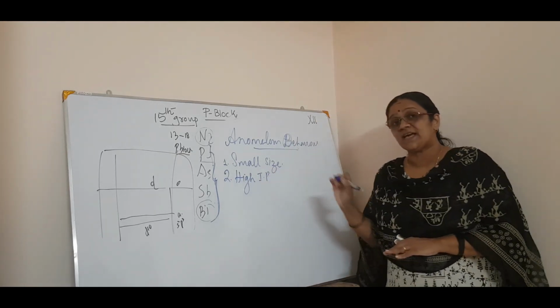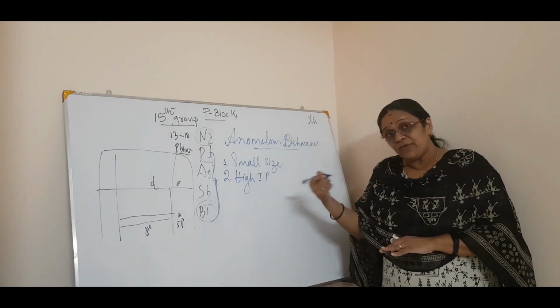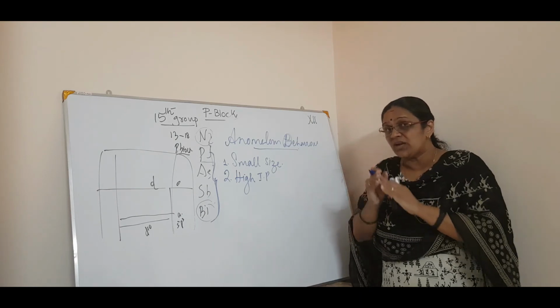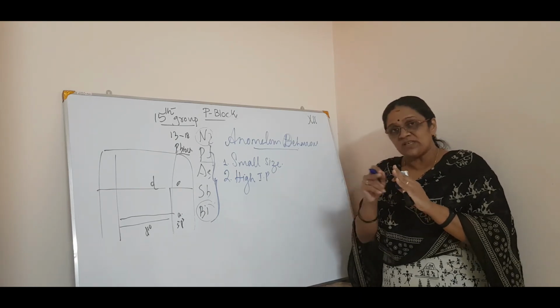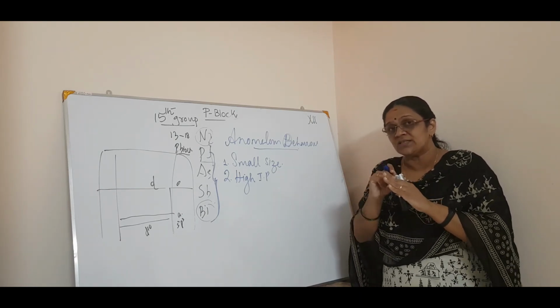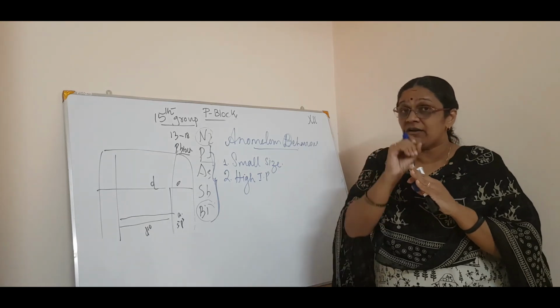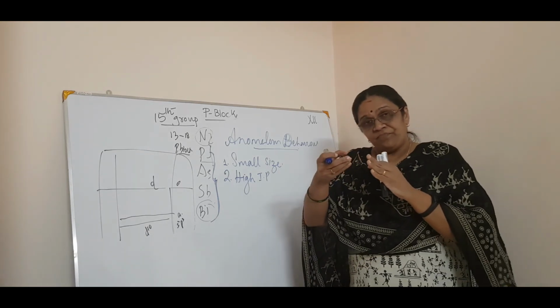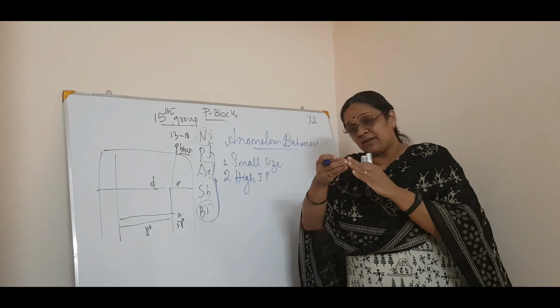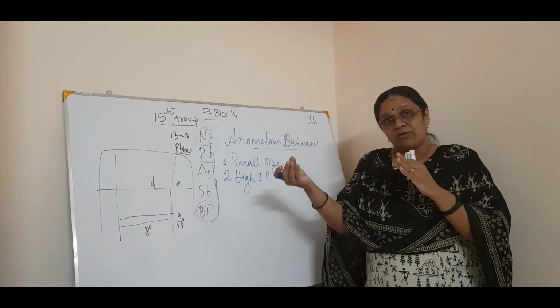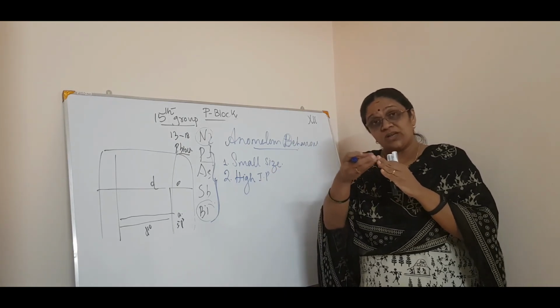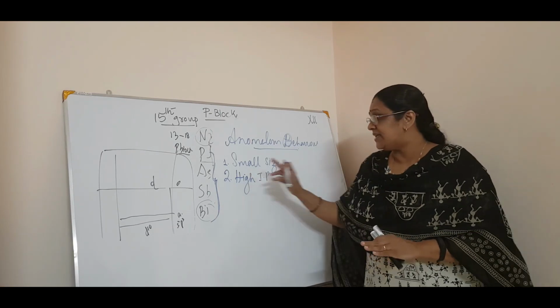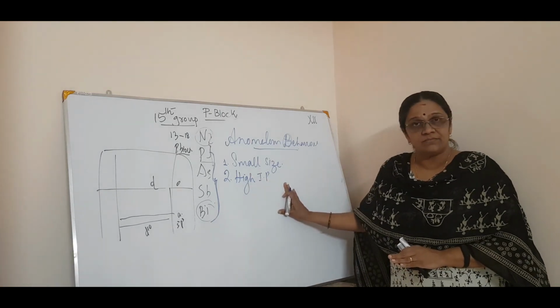Because of the small size, the outermost electrons are very near to the nucleus, isn't it? When it is a small size, the outermost will be very near to the nucleus. So the effective nuclear charge will be very high. So the removing of that electron from a positively bound nucleus is very, very high. That is why high IP.